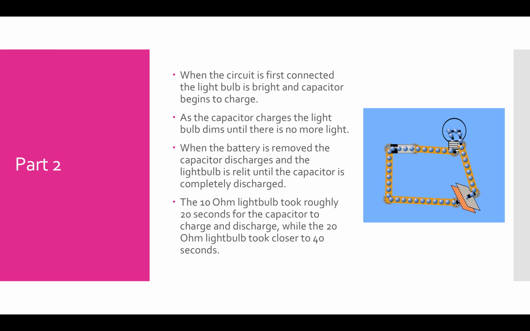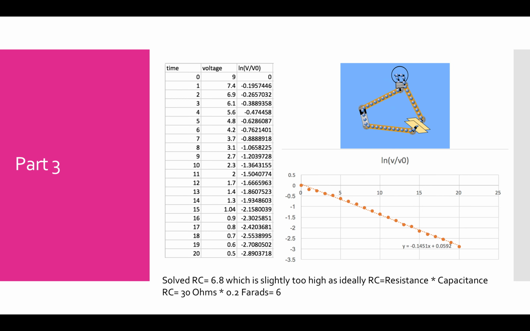The 10 ohm light bulb took roughly 20 seconds to charge and to discharge, while the 20 ohm light bulb took closer to 40 seconds. So this is my data from the simple circuit up here for how long it took to fully charge and discharge. So we were able to solve for RC. This is over the course of 20 seconds. So we were able to solve for RC,